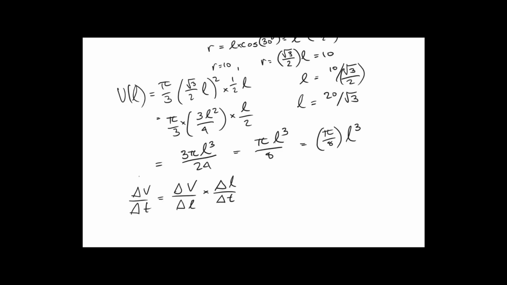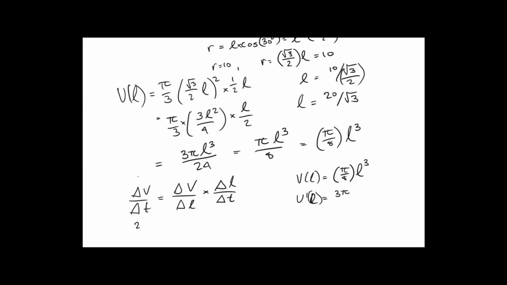We know that this is 2. So let's put a little note under there. That's going to be 2. We don't know what this is, but we can work it out here. So if V as a function of L is pi over 8 of L cubed, therefore V prime of L is going to be